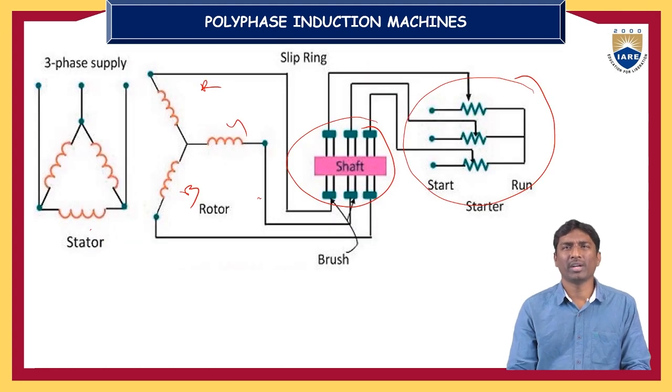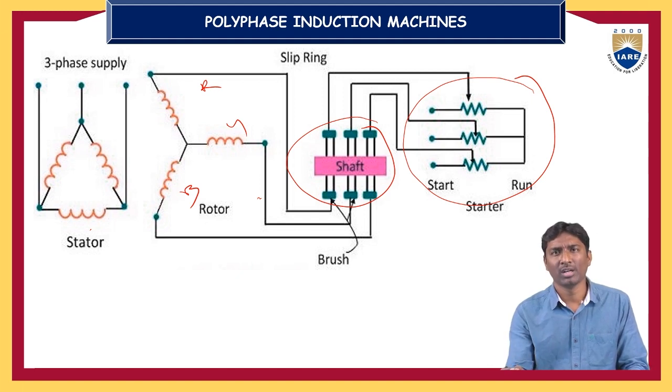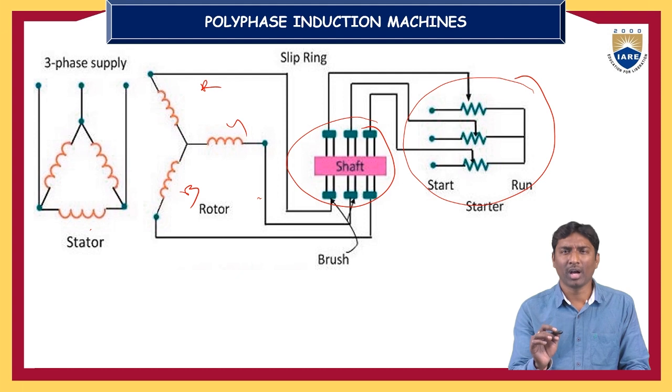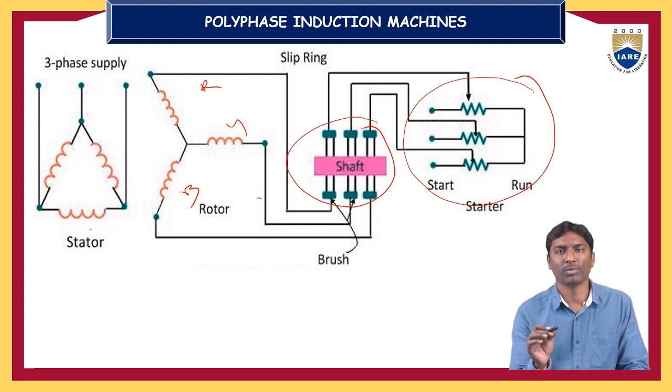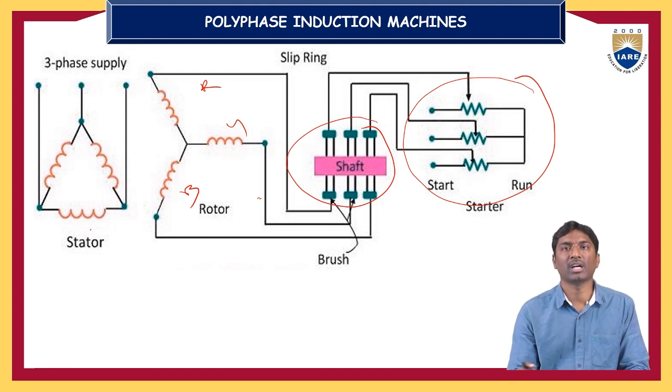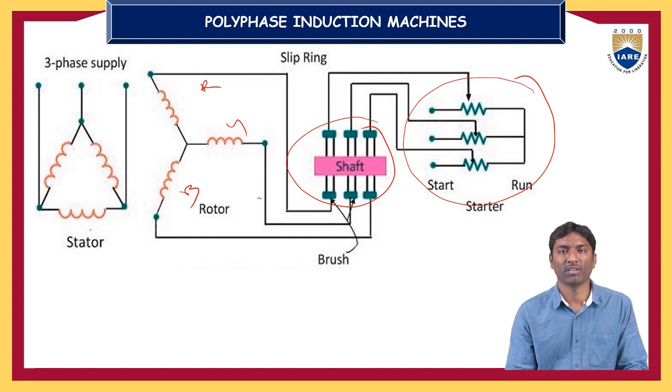You need to observe that in the slip ring induction motor as well as the squirrel cage induction motor, the operation of the rotor is not possible with an unequal number of stator poles and rotor poles. That is why the rotor poles and stator poles must be equal for operating the slip ring induction motor or squirrel cage induction motor. These are the constructions of the rotor in induction machines. The rotor has two types, the slip ring induction rotor and the squirrel cage induction rotor. We discussed it.